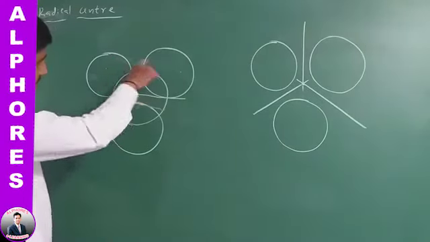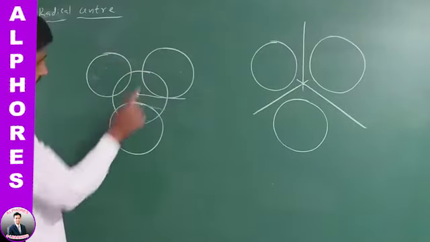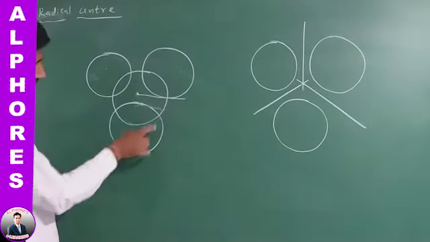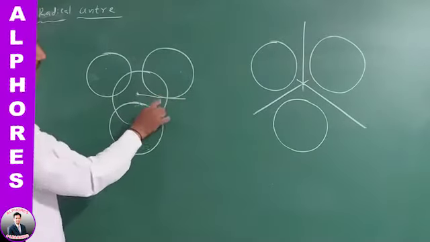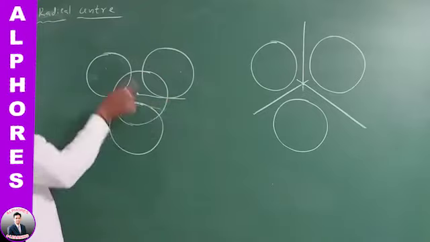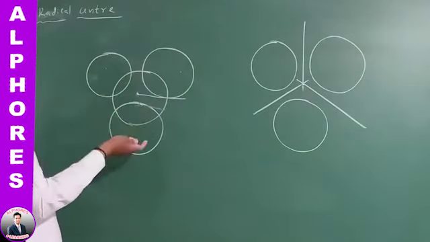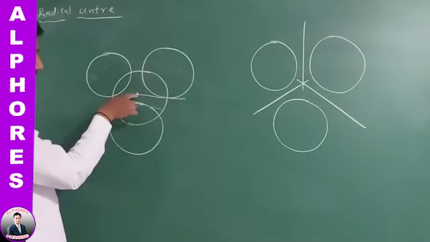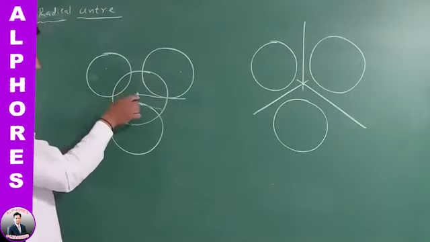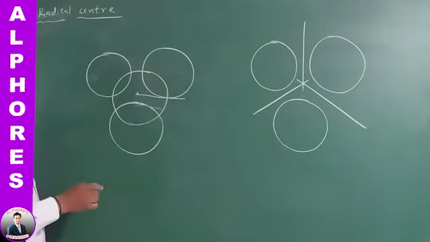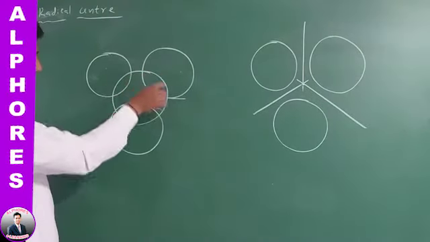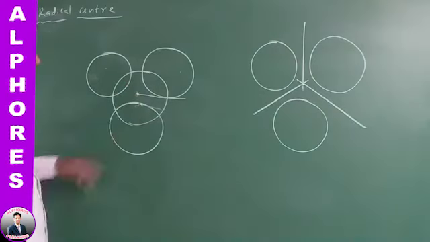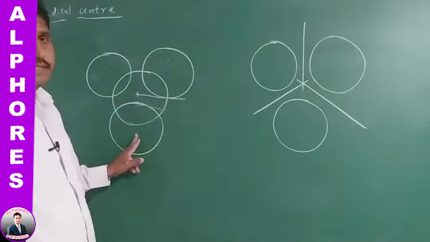Observe this circle. This circle cuts these three circles orthogonally. It means the angle between these two is 90 degrees, the angle between these two is 90 degrees. It means this circle cuts these three circles orthogonally. In this case, the center of this circle is the radical center of these three circles. Here, this is the center of this circle. This is the radical center of these three circles, and the radius of this circle is the length of the tangent from the radical center to any of the three circles.